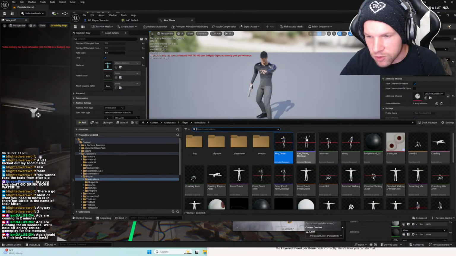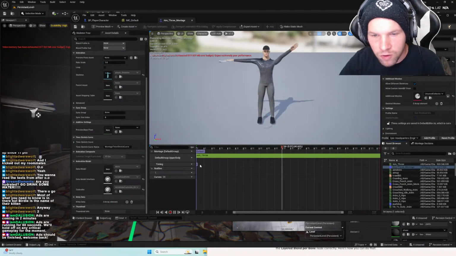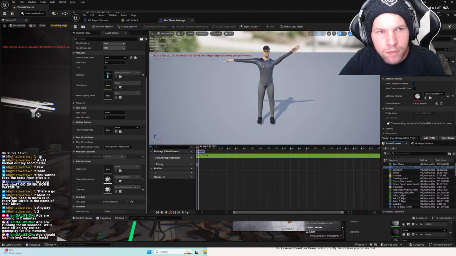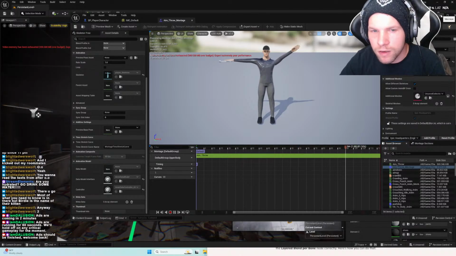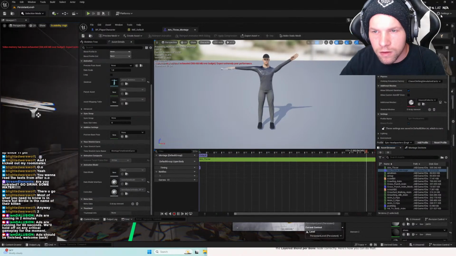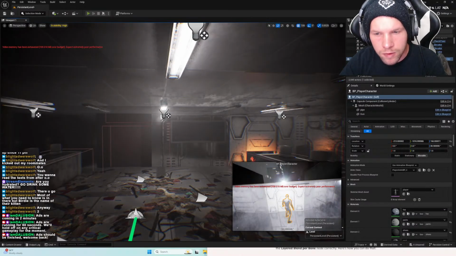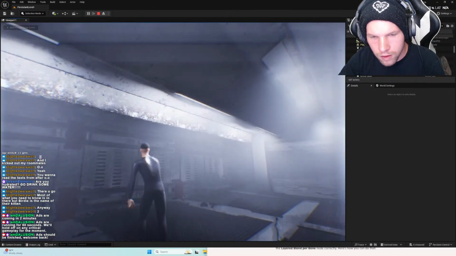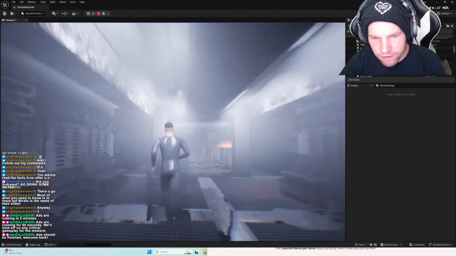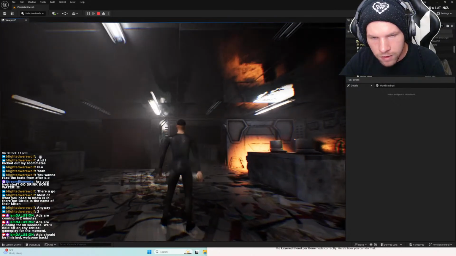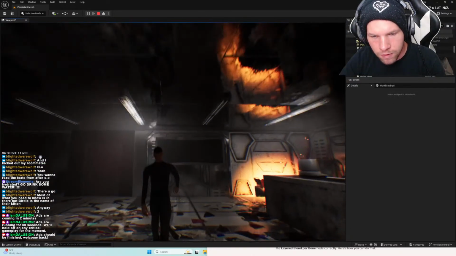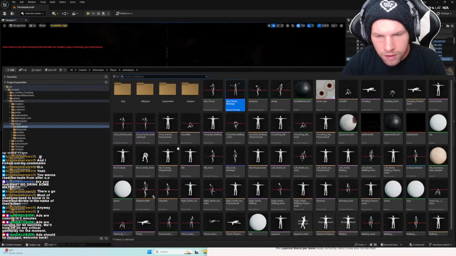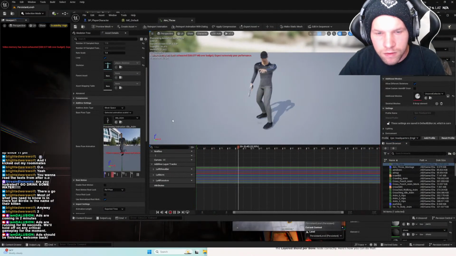The performance drop is abysmal. I don't know why it's being weird. Hold on, let me look at this. He plays the throwing animation fine. Is it because I have it on additive? I bet that's what it is.